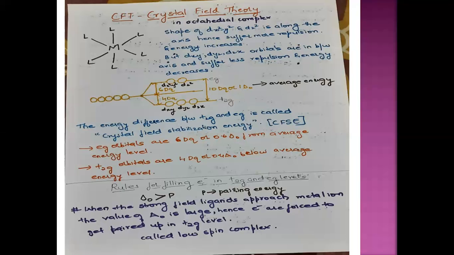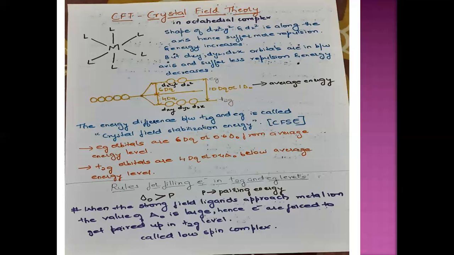Now, since there are two different sets of energy levels, how do we fill the electrons in these d orbitals? Before, what we used to do was first singly fill the d orbitals, then pair the electrons. Now, if you are talking in terms of ligands, there are two types of ligands again, right? Strong ligands and weak ligands. Now, there are two conditions of filling. In case of strong ligand, it's a different filling. In case of weak ligand, it is a different filling of electrons.